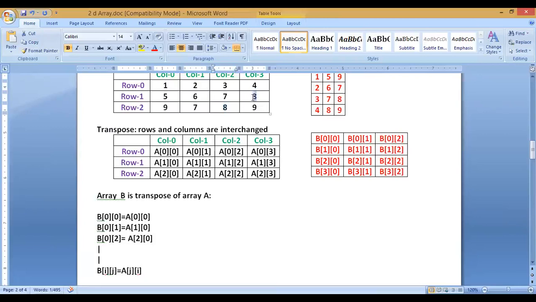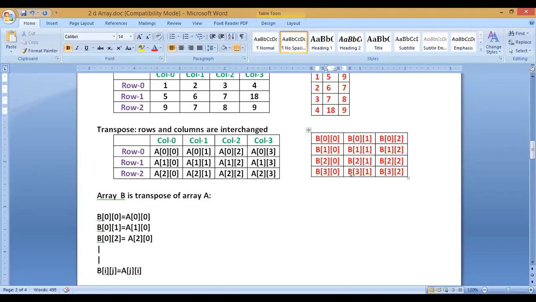Sorry, this one was the 8 actually, right? So this is actually the second row, last element. This is the second column, last element. So this is 8. Actually, we have to change this. Otherwise, there are two 8s. So this is actually 18. Suppose I am talking about 18.